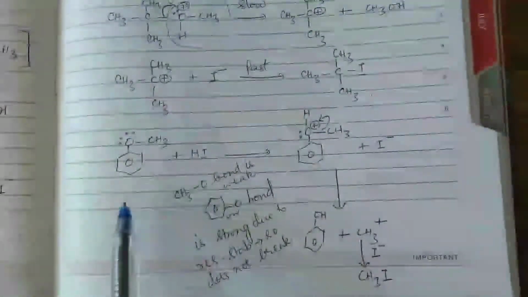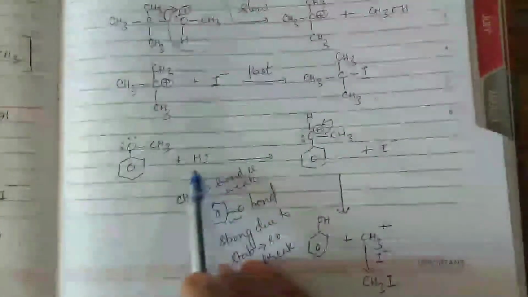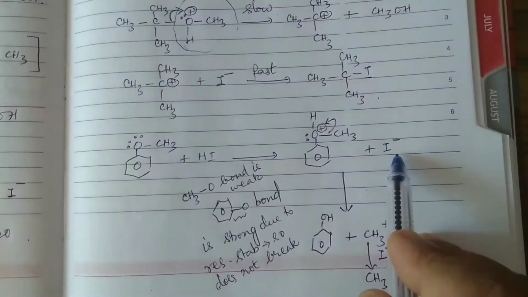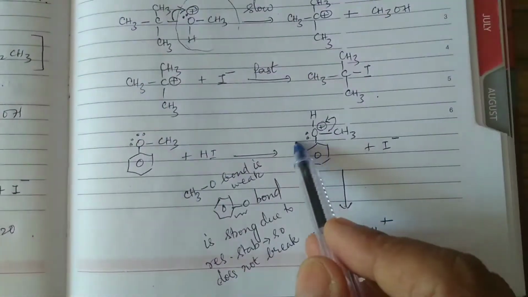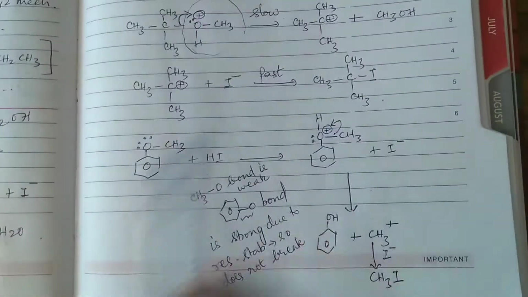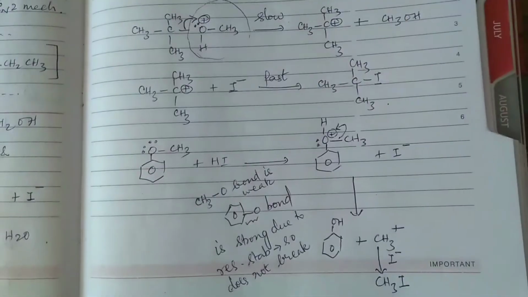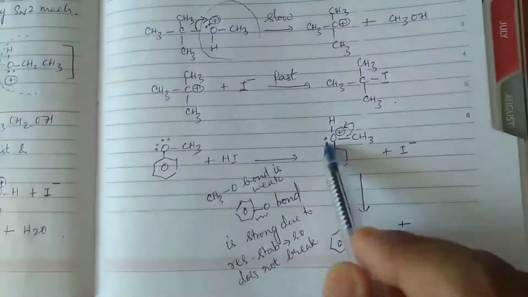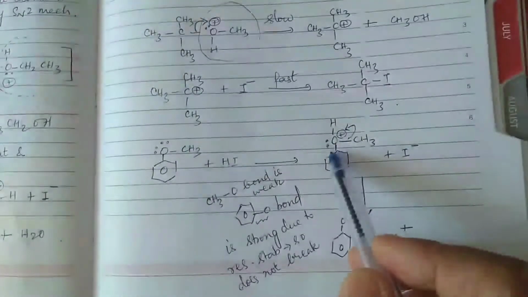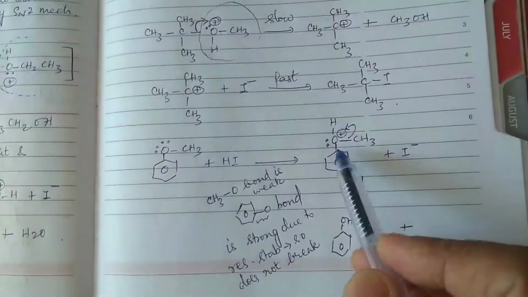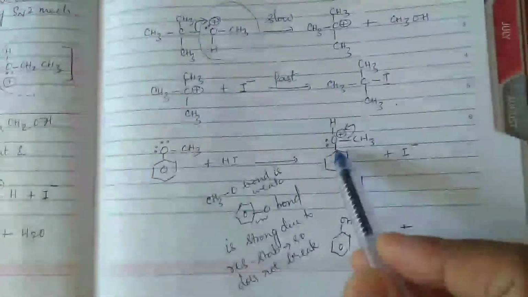Now same way, let us take another example. Say methoxybenzene is reacting with HI. First step is protonation. So hydrogen attaches to O, plus I minus. Now the question is whether this bond will shift to neutralize the positive charge on oxygen, or this bond will shift to neutralize the positive charge on oxygen. Which will shift? This will not shift. Why will this not shift? Because the lone pair of electrons on oxygen will get delocalized into the ring, creating partial double bond character here. So this phenyl carbon-oxygen bond has double bond character, and so it cannot break.